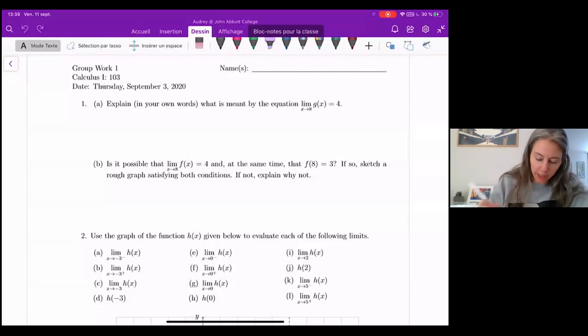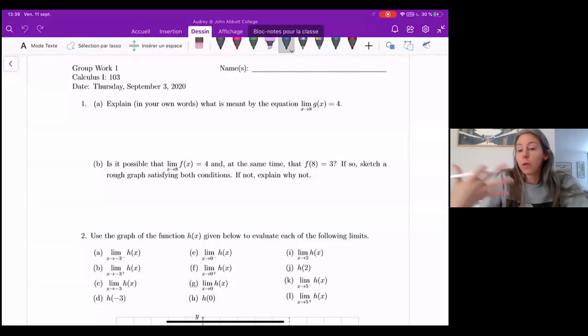The first question says, explain in your own words what is meant by the equation limit as x approaches 8 of g of x equals 4. So here we need to explain what this means to someone that might not know what it means. What this is saying is not that at the x value 8, g takes the y value 4, but